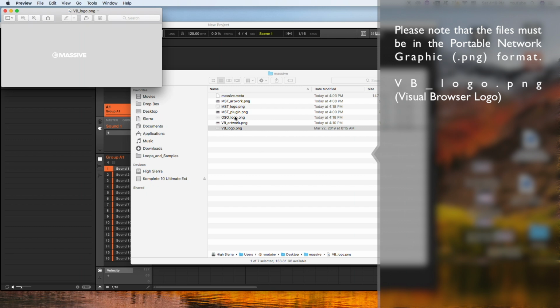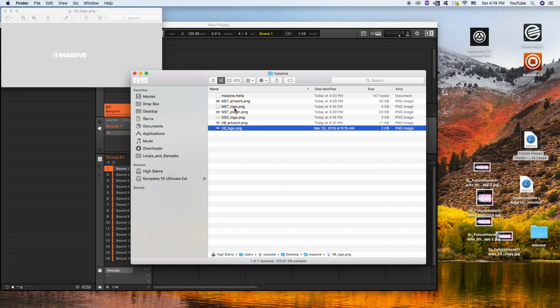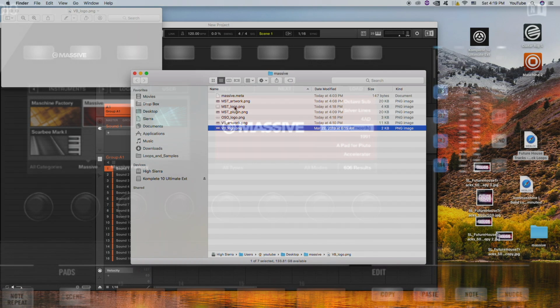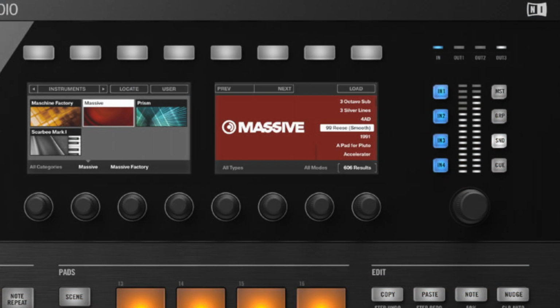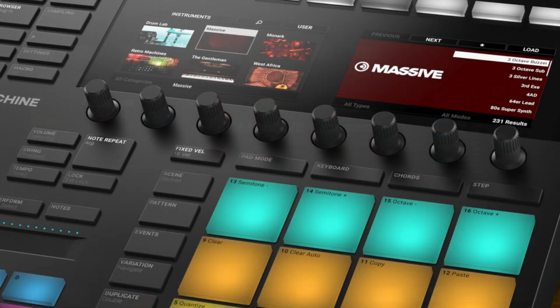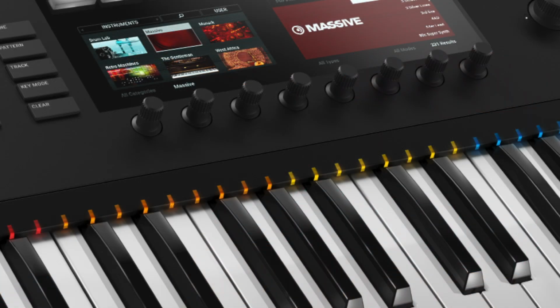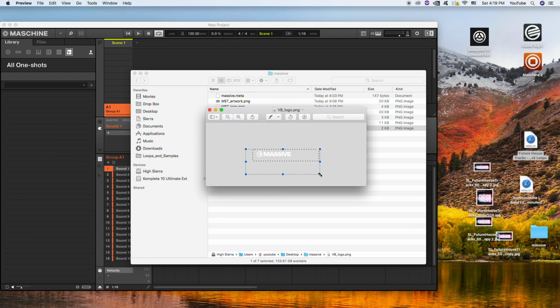And once again, the OSO logo and the MST logo, that is for the hardware. So the Maschine Studio, the newer MK3, and the Complete Control S Series MK2 keyboards that have those large displays. So I'll highlight that, delete it, and I can keep it like this and save it, keep it blank, because I just only want to see some artwork and not necessarily see this. But let's go ahead and click this, and